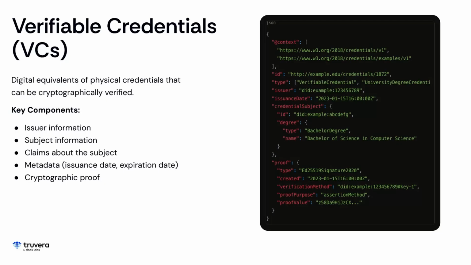And so each of these credentials, though, they have a few key components. You have the issuer information. So we see at the top the context. So this is JSON-LD, which is the current W3C standard. And then we have the type of credential it is. And then we have the issuer information and when it was issued. And then we have the attributes and